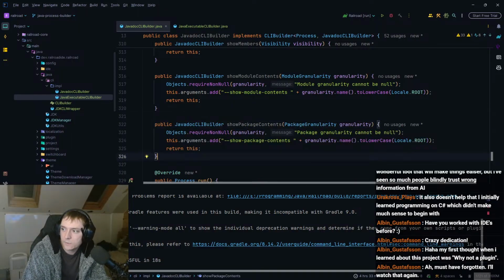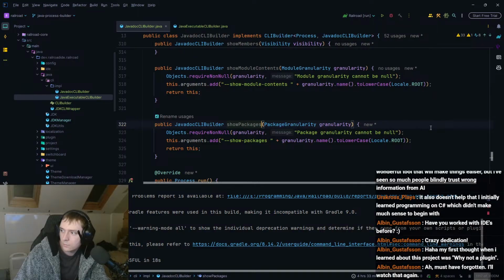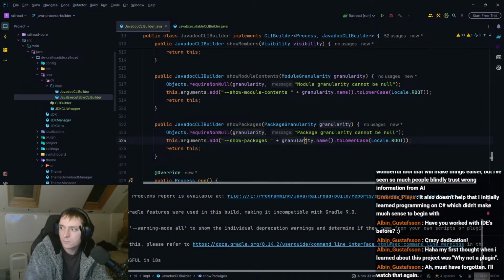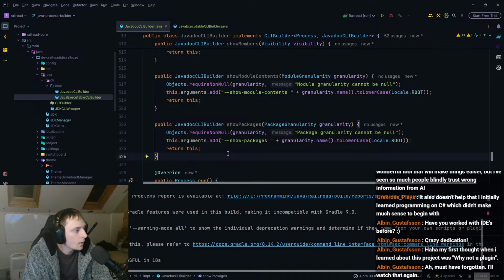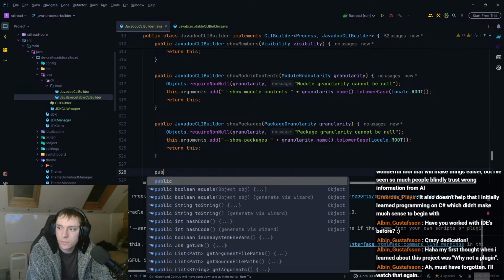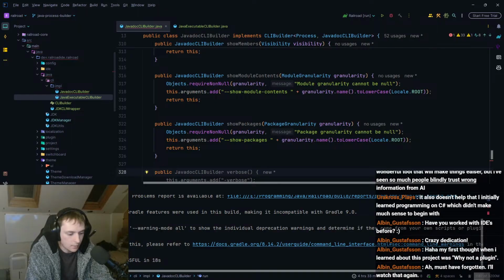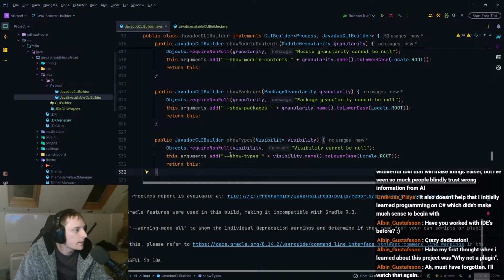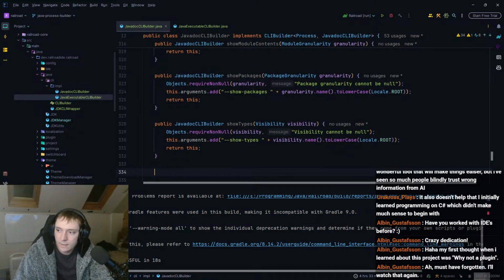Yeah, and then show package content, which takes in that. That's not correct. No, that's actually show packages, which is that. Sure. Okay, and then we have show types. So public JavaDocs CLI builder, show type, takes in the visibility. And next we have